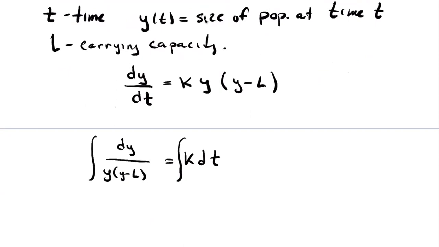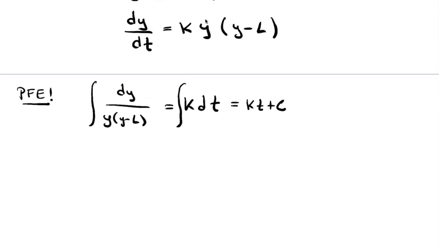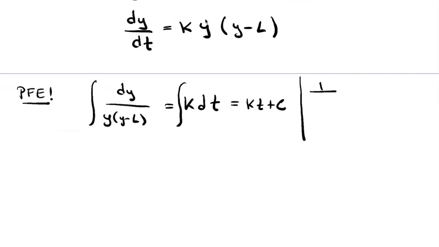The integral of the right-hand side, of course, is just kt plus some constant. And the integral of the left-hand side is going to require some partial fraction expansion, because I want to integrate something that looks like 1 over y times y minus L. So as some side work, I'm going to do my partial fraction expansion over here on the right-hand side of the screen. What am I trying to do? I'm trying to write 1 over y times y minus L as some number A over y plus some number B over y minus L. So clearing the fractions